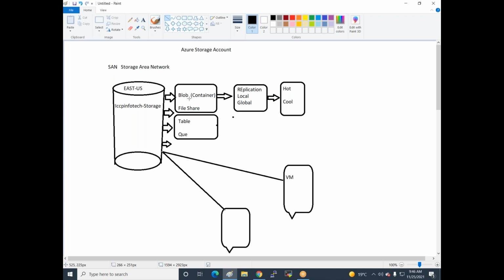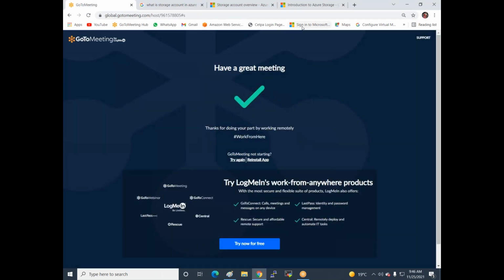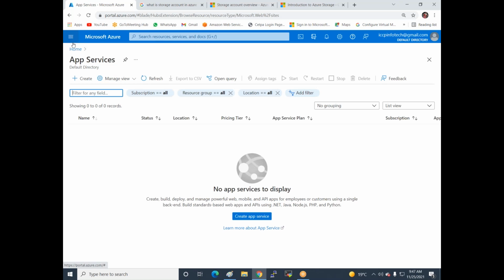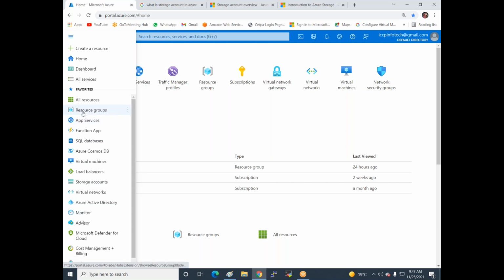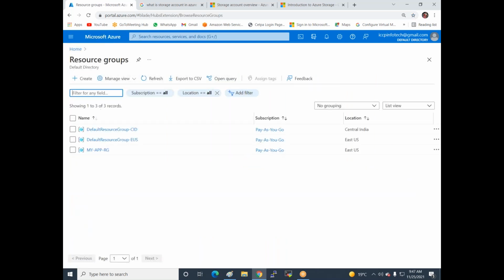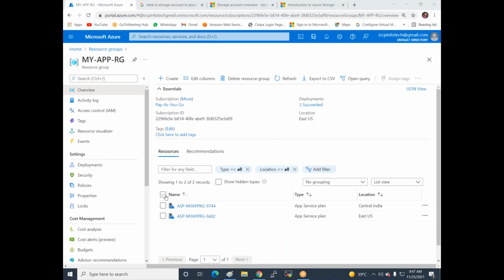So now we start this practical session. First of all, I'm going to create a storage account. I'm logging in to the Microsoft Azure portal and creating a resource group. Every time we create a resource group, I click on resource groups. So these are the multiple resource groups, and last week I got my app service